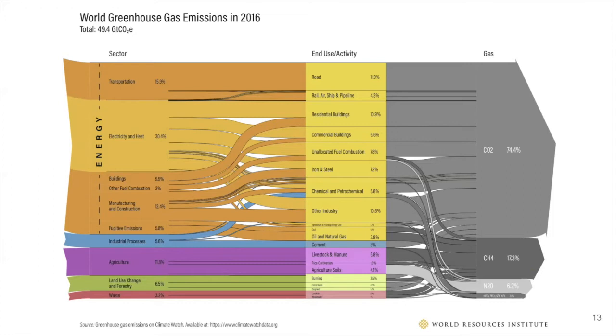If you're somebody who likes to talk about climate change and likes to be able to do the thing where you're like, 30% of global greenhouse gas emissions come from electricity and heat, feel free to take a look at this diagram. The slides will be up. But the broad takeaway from this particular diagram is that there are many different places that emissions come from, which can be a little bit dizzying and disheartening to some people, that there are so many, this problem is so distributed. But on the other hand, this can really be viewed as an opportunity. There are many different places where you can plug in and actually have an impact on trying to tackle the climate change problem.